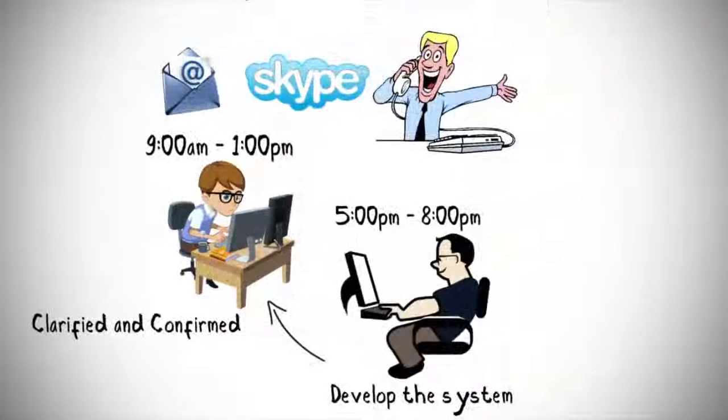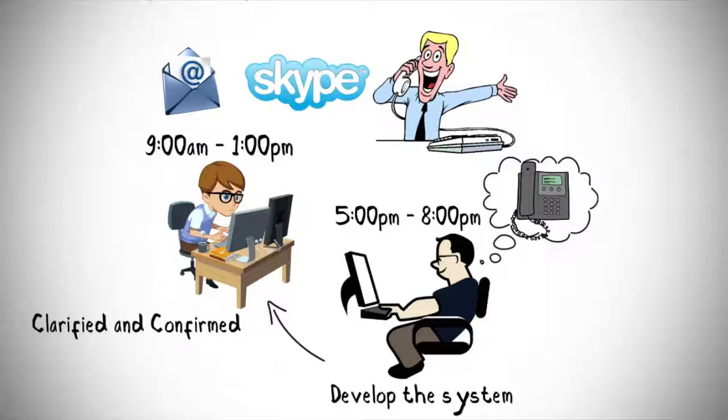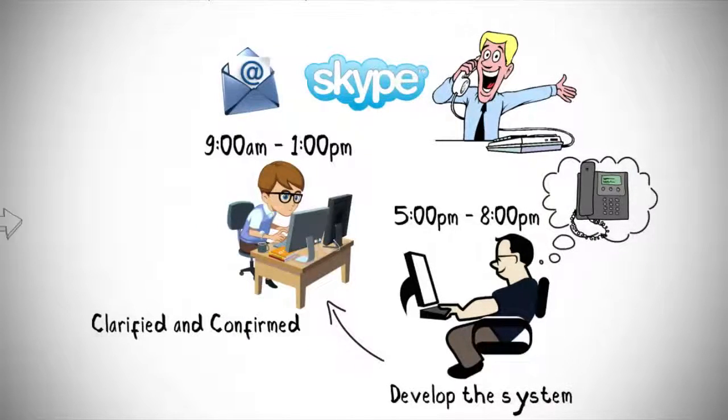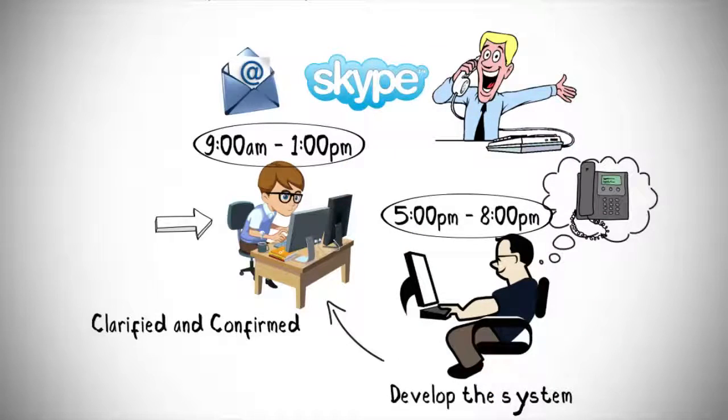So if the programmer in this situation has a question about the system, he can try to contact the game designer to clarify his query. But if it's not possible, he'll have to do something else today and wait for the game designer's response later. As you can see in this example, different working times will affect communication and therefore team efficiency as well.